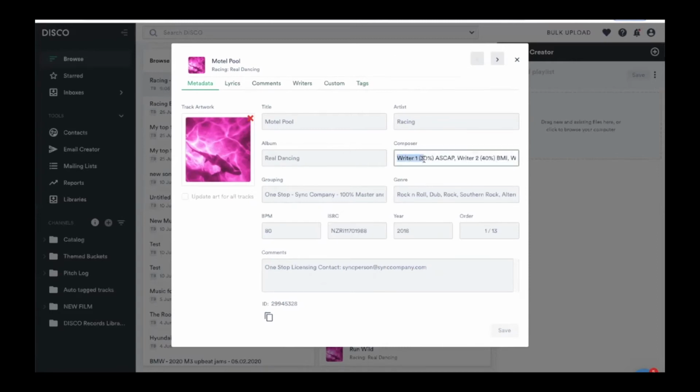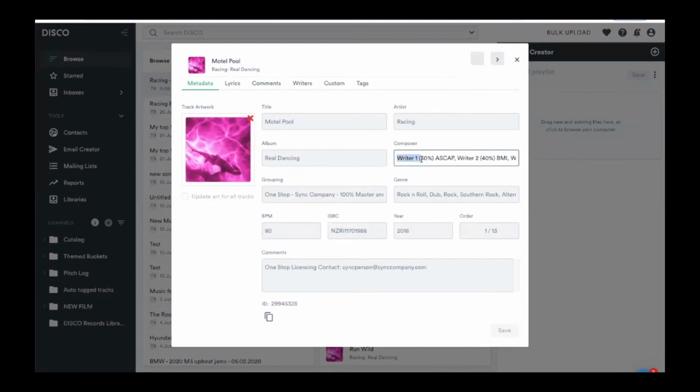Just to finish up here, the composer information, it's really good if you get the splits in. When you write songs with other people, it can be very, very difficult to decide who actually wrote what and what the splits are, but coming to a conclusion is important, and having a split sheet is important where you all write down, you know, I wrote 30% and that person wrote 30% and this person wrote 30%, and signing off. So you all signed that and dated it. And then you put this information in here.